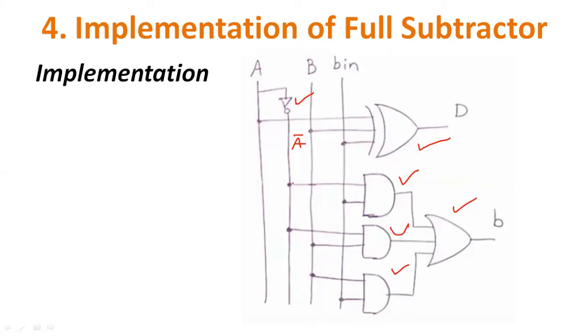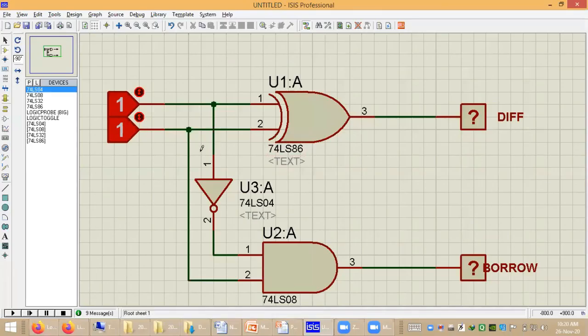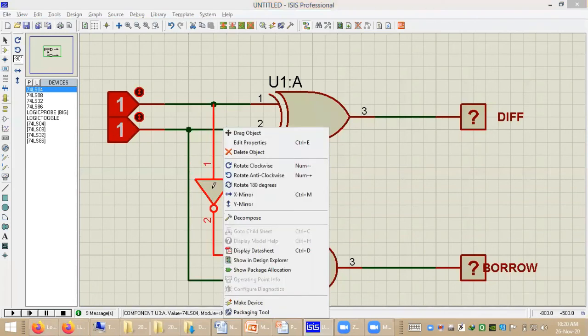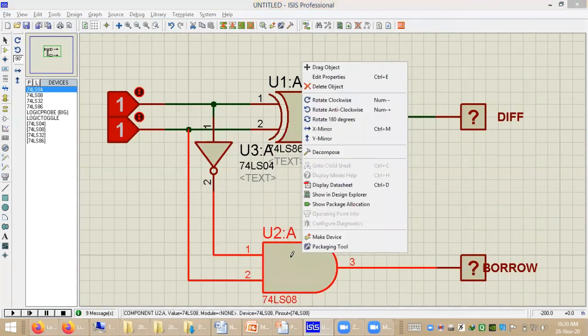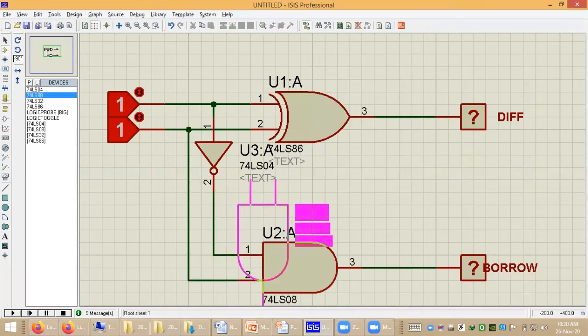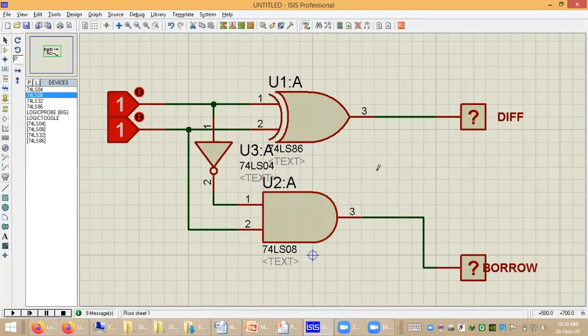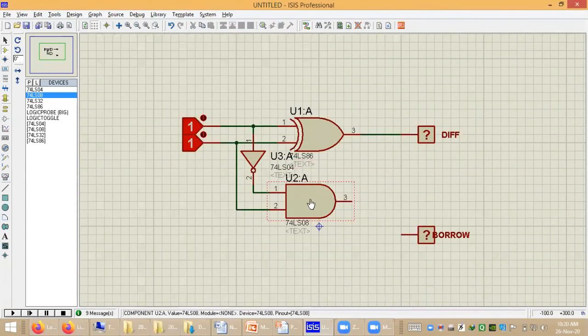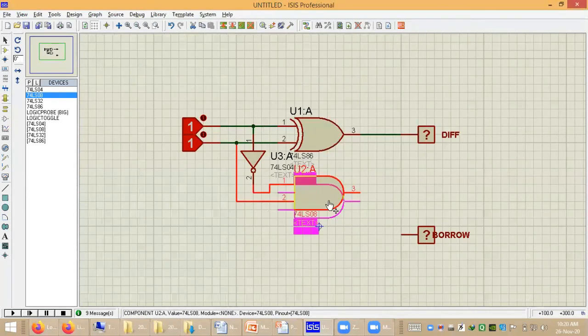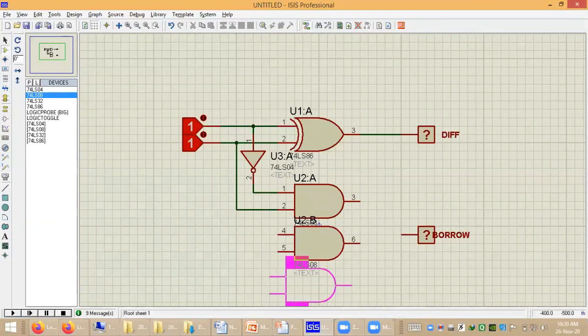A bar B and A bar B in. So let us implement it. 7408 AND gate. For A bar B, then A bar, the third input is also required, so a logic toggle is required.